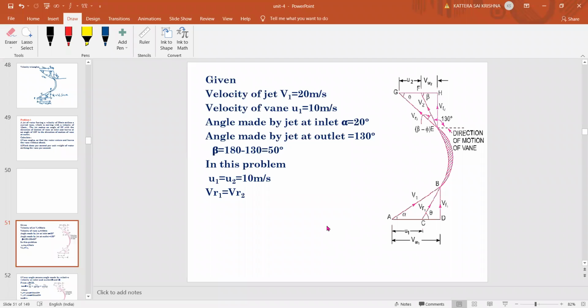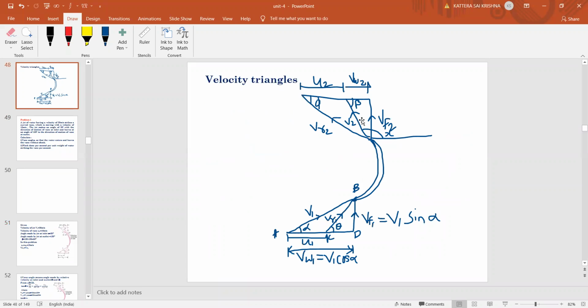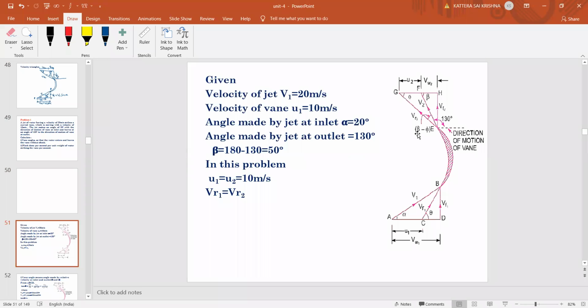First we'll write down the given data. Remember, in the exam, he won't give any diagram to us. We need to draw the diagram, like how I have shown here. Not in a zigzag manner, you need to draw a little bit neatly. So it should look like this. See here, what he has given is this angle. The angle of this V2, which is coming out, will be 130 degrees after coming out at the outlet.